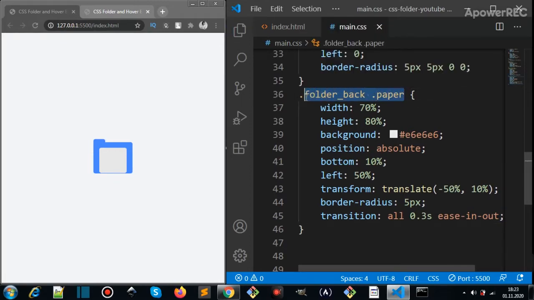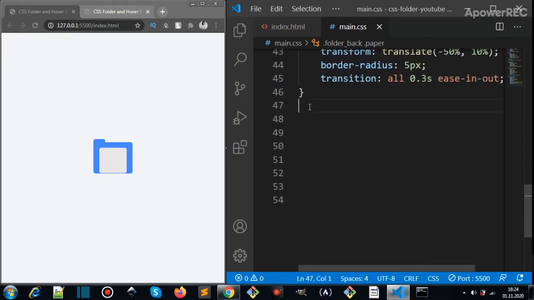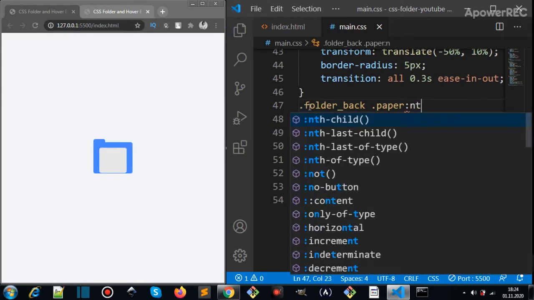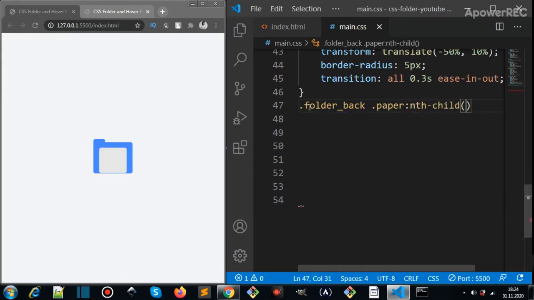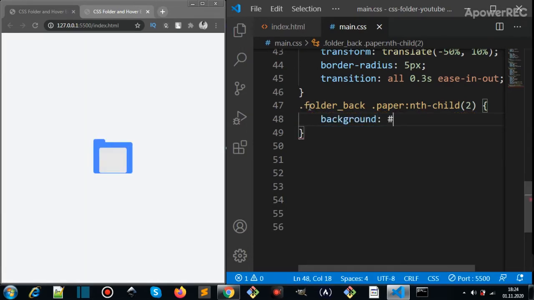So we can copy from here and use nth-child selector, nth-child second, and set background to hex color of